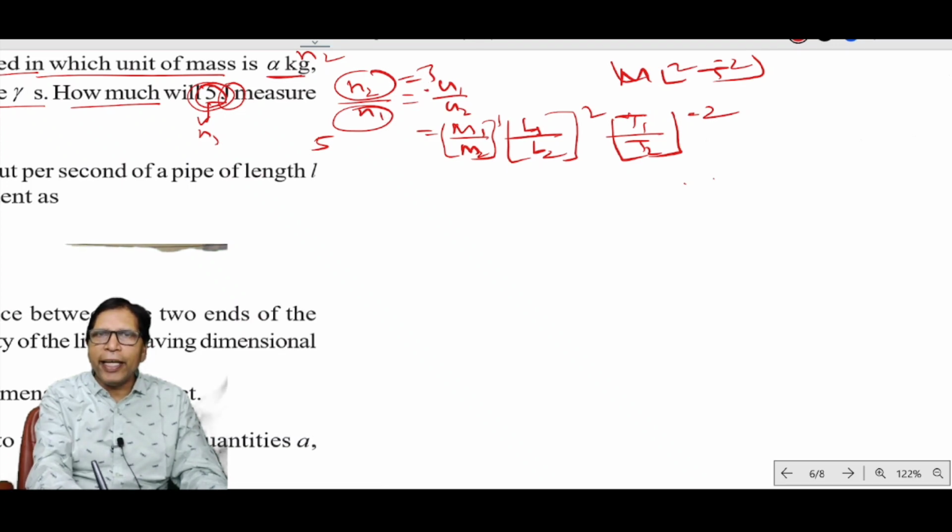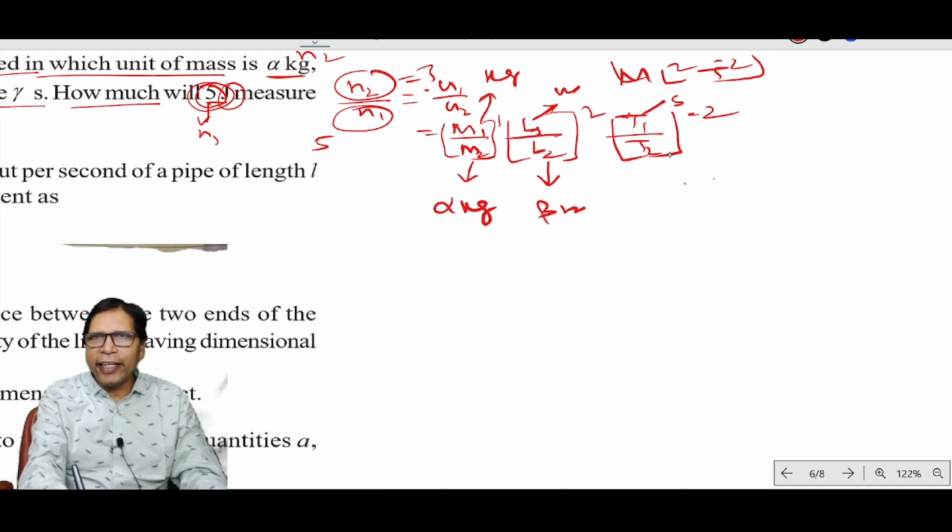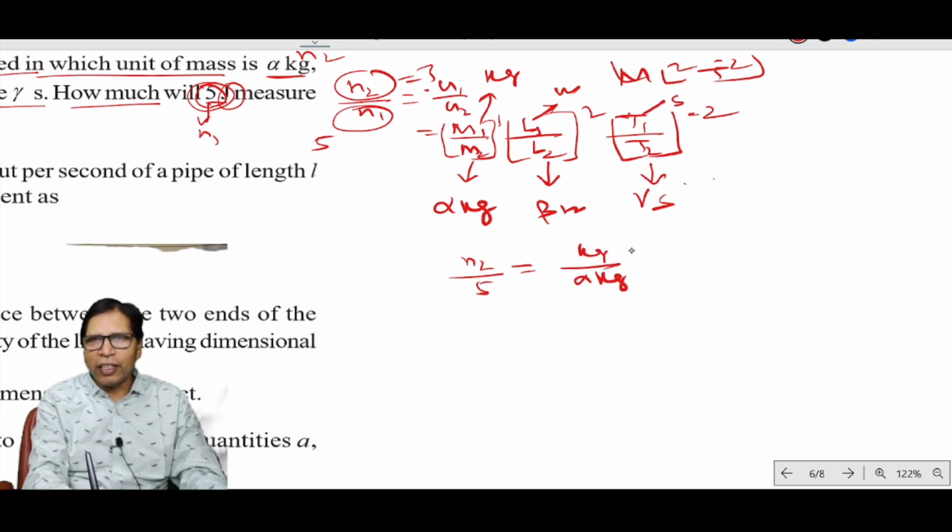As N1 is in the SI system, M1 is the kg, and M2 in the new system is alpha kg. L1 is the meter, and in the new system it is beta meter. T1 is the second, but T2 is gamma second. So N2 by 5 equals kg by alpha kg,